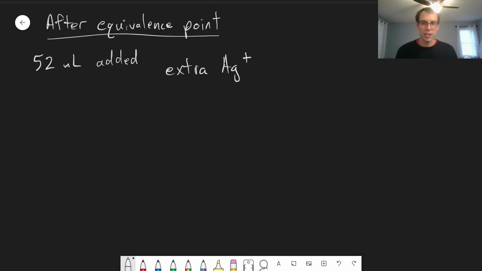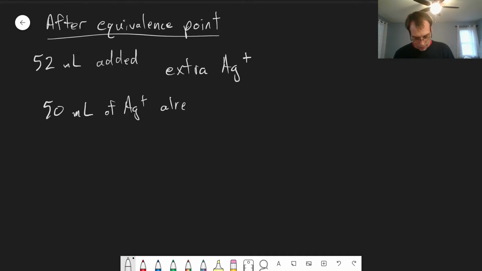In an actual titration, if you're doing this, this would be after your indicators already changed color, and you wouldn't want to keep titrating at this point in reality, unless you were measuring the concentration of silver using an electrode or something like that. But this is more just to understand what's happening in terms of our concentrations as we proceed with the titration. So our first 50 milliliters of silver